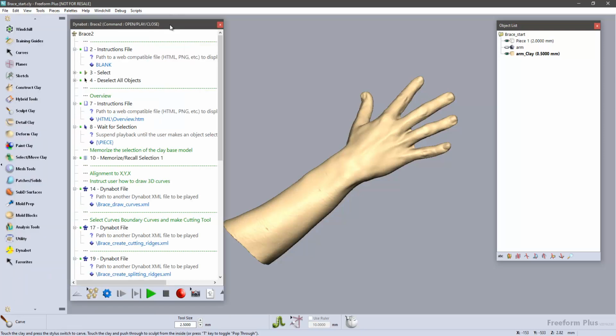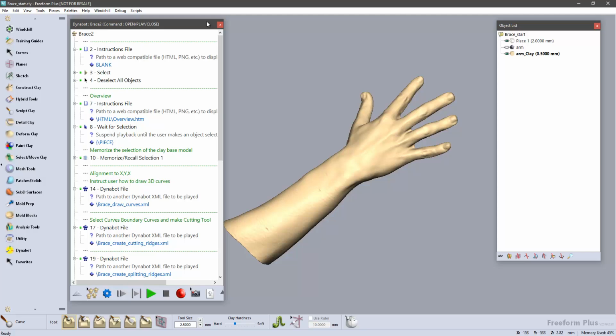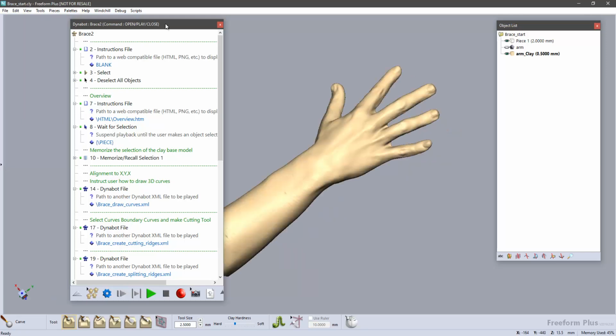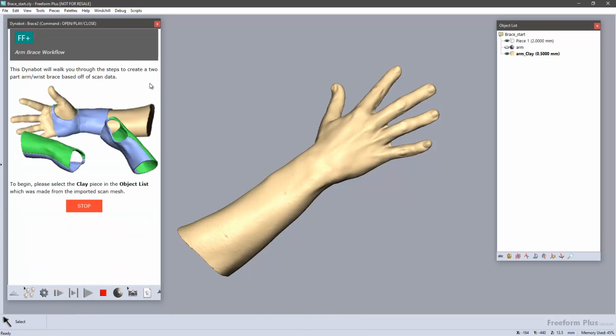And it opens in a separate editor window, which has all of the contents of the Dynabot. And to prove that this here is a simplified workflow, I will close my tool palette, slide the editor over, and click Start to Begin. As you can see, we have an HTML page with text and an image. Instructions here say this will walk you through the steps to create a two-part wrist brace, shows what it will